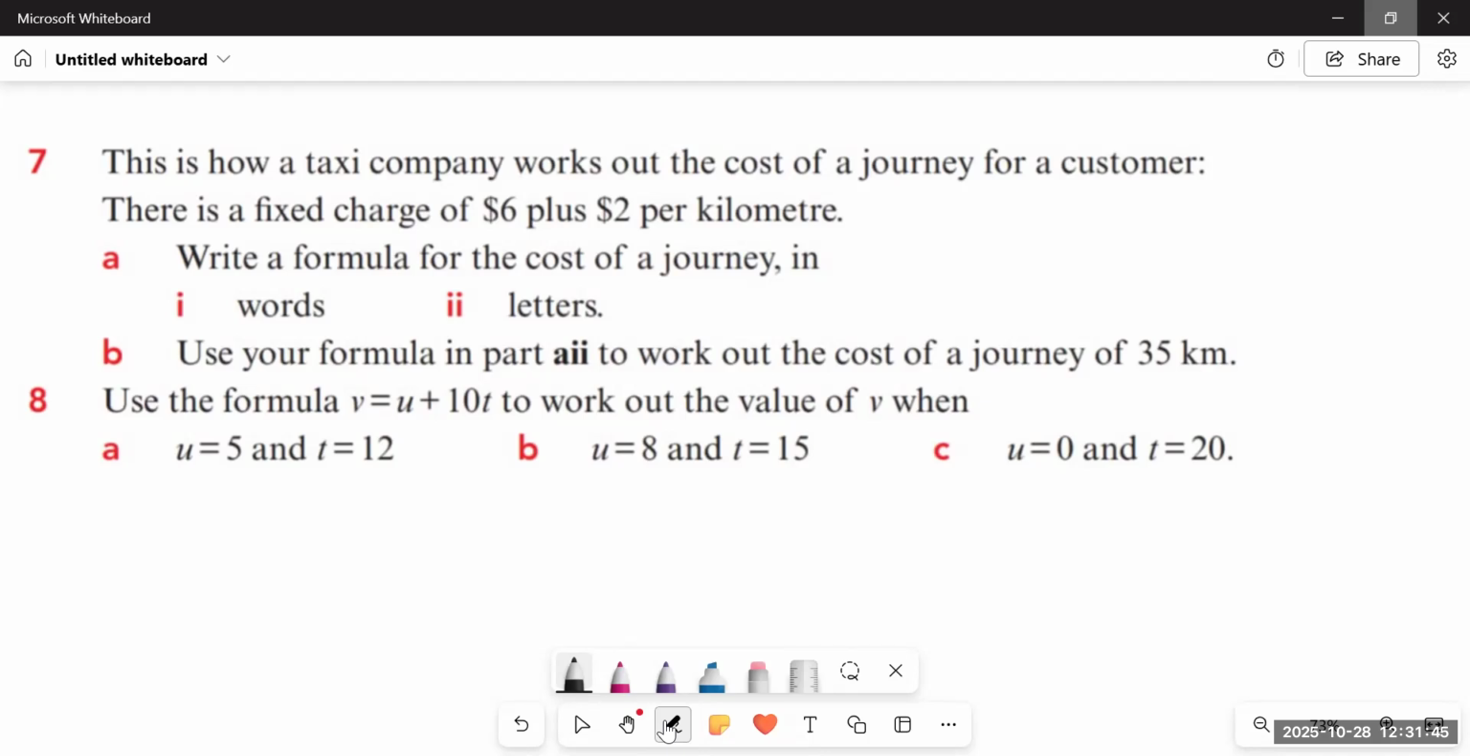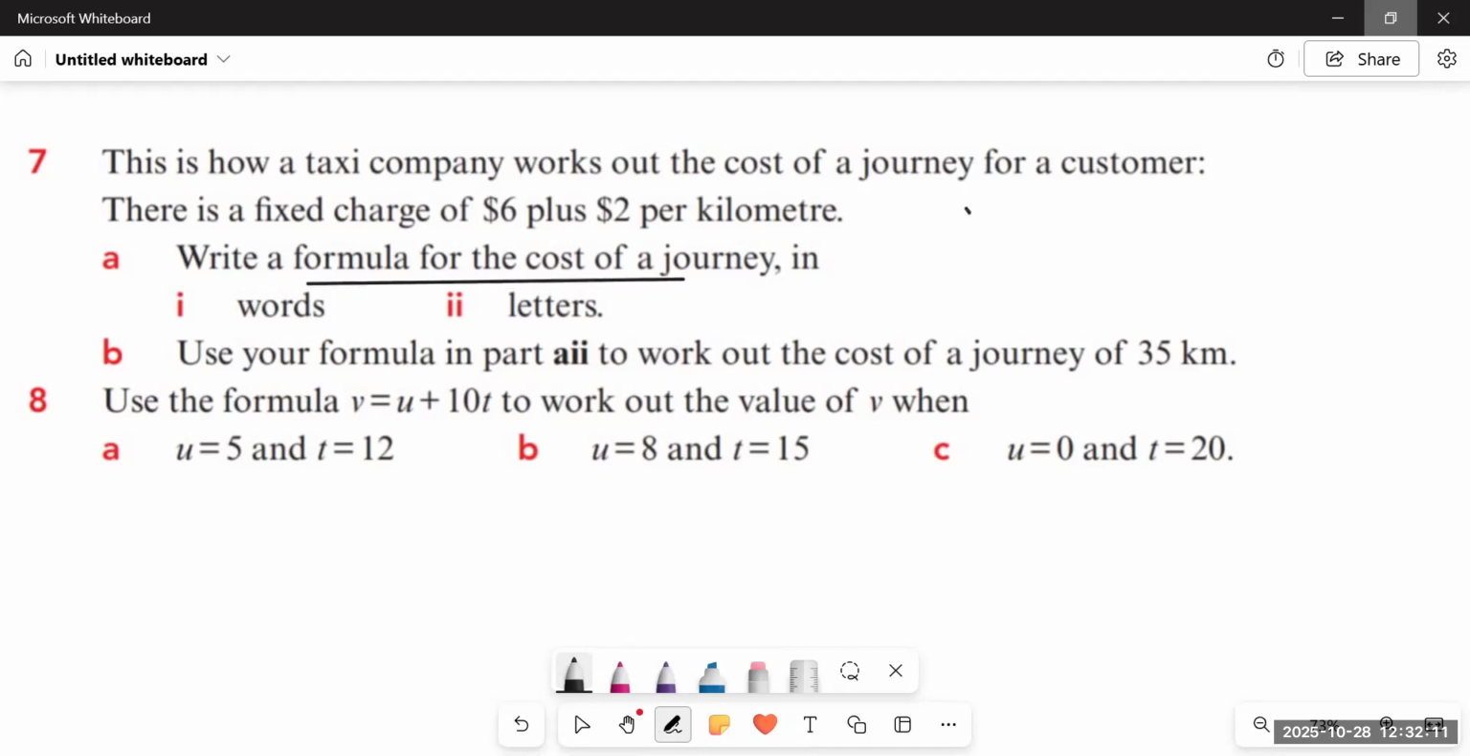Be it you travel 2 kilometers or 4 kilometers or 10 kilometers or whatever number of kilometers you want to travel, you have to pay $6. Okay. And then you have to write a formula for the cost of a journey in words and letters. So if you have to pay a fixed charge, the formula for the cost would be,